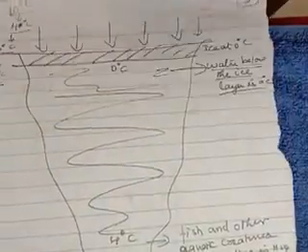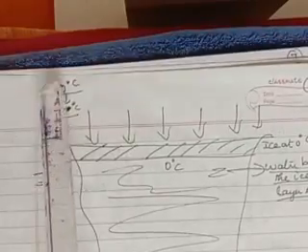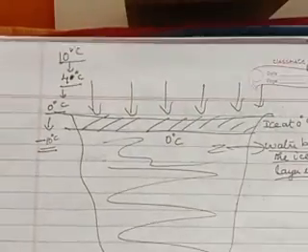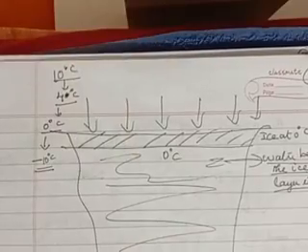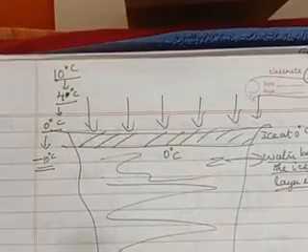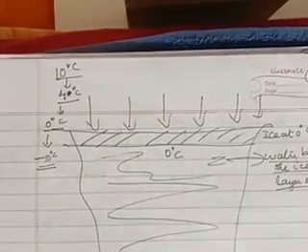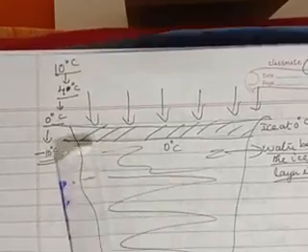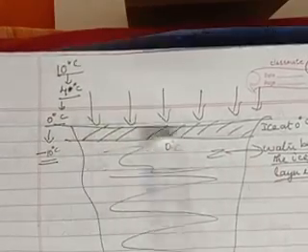Now, what is the second point? Still, it is cooling down from 4 degrees Celsius to 0 degrees Celsius. Now, what happens? You know very clearly, from 4 to 0 degrees Celsius, it is going to have an abnormal behavior, which is also called anomalous expansion. So, instead of contracting, it expands. Here comes the story. So water will be in the liquid form. It stops sinking down now. So water stays as it is.